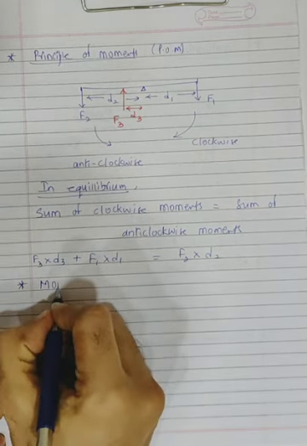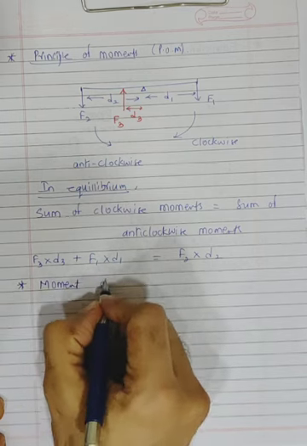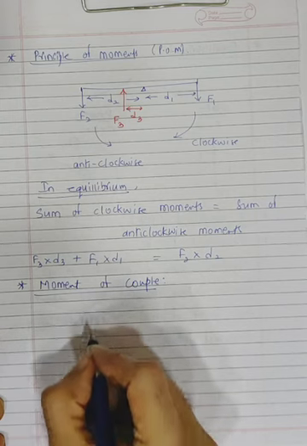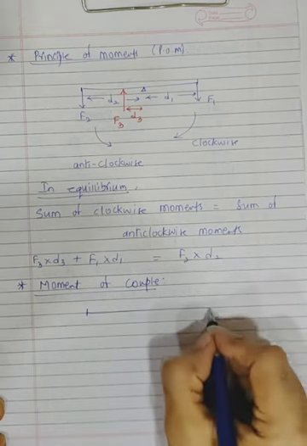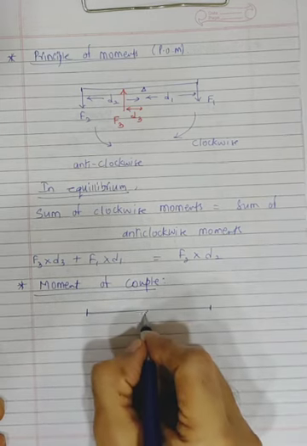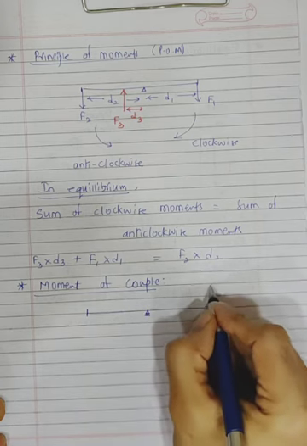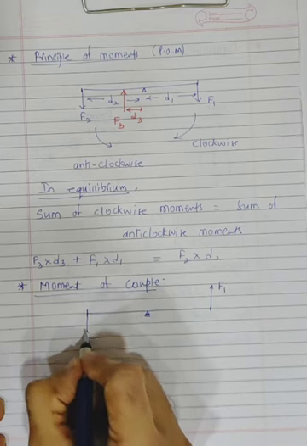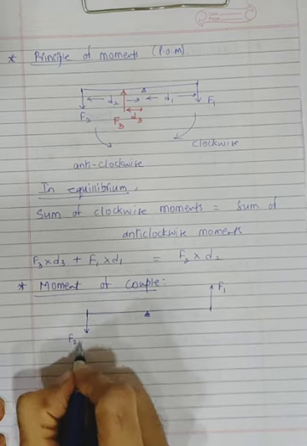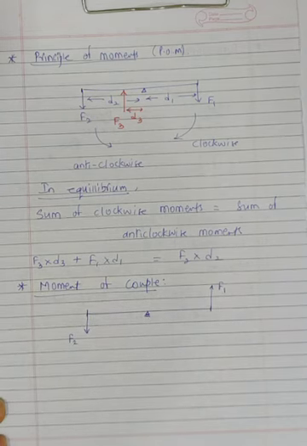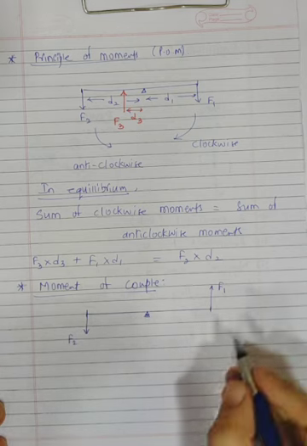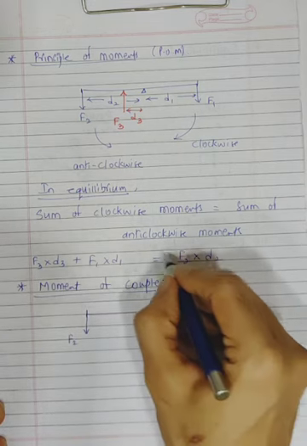Now this next thing is called moment of couple. So now we are learning about moment of couple. See, again let's say out here we have an iron rod which has got a fulcrum here. There is one force F1 exerted on this in the upward direction, and there is another force F2 exerted here in the downward direction. What kind of moment is produced by F1? Tell me. It will turn the body this way.